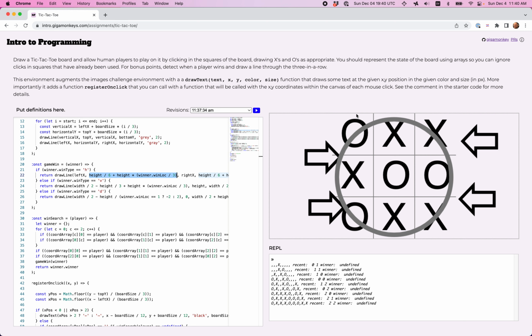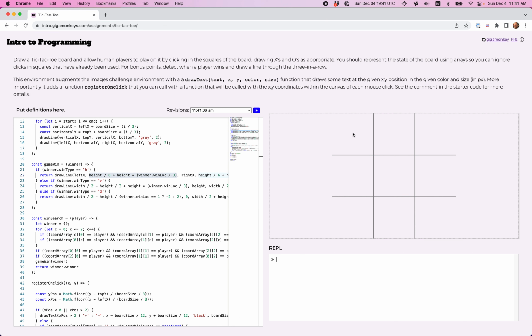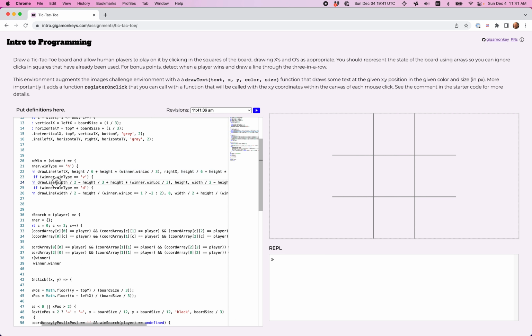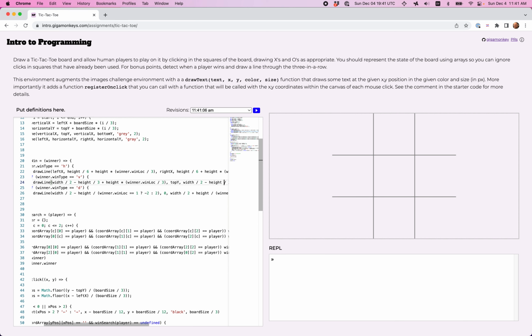In this board, that works because height divided by 6 is like 1/6 of the whole board, plus height times winner location divided by 3. All right, I'm not really going to puzzle that out exactly, but I assume that gets us to the middle of the appropriate row because that's where you're drawing the horizontal line. By similar logic, that must be what this is doing, and we're drawing a vertical winner, and that should go from the top y